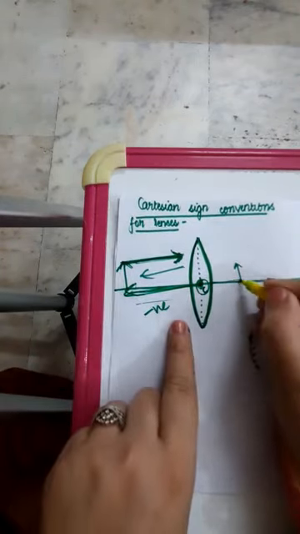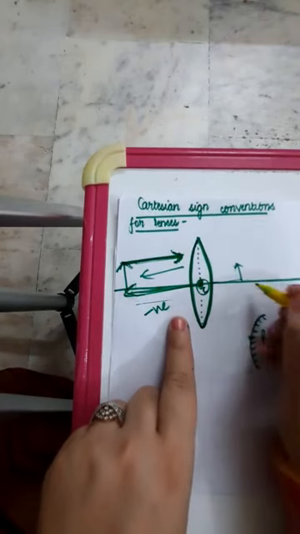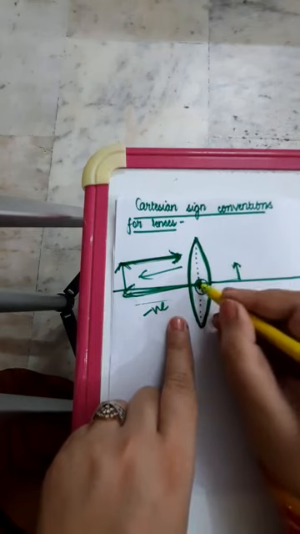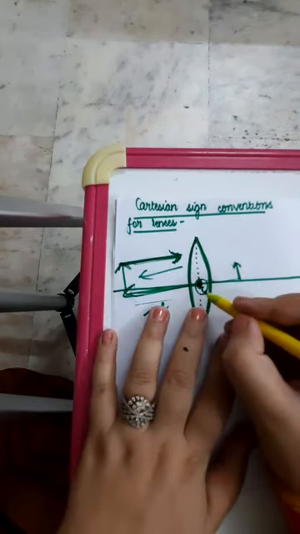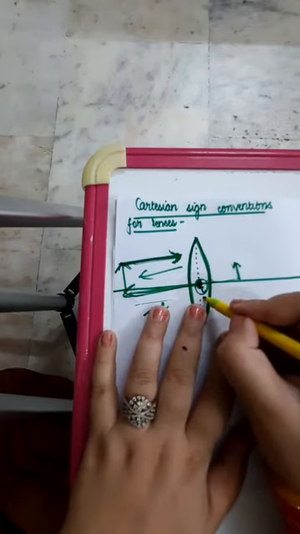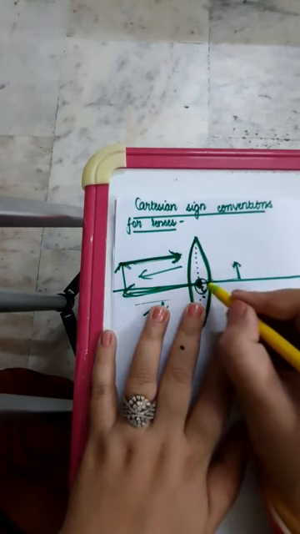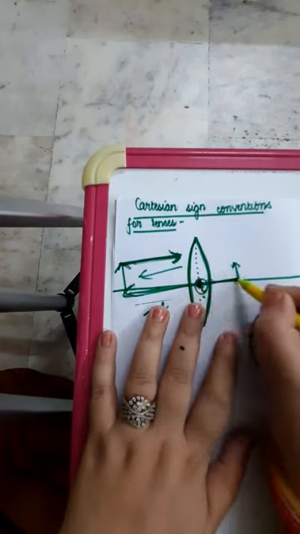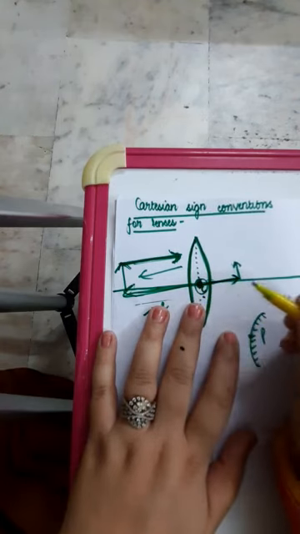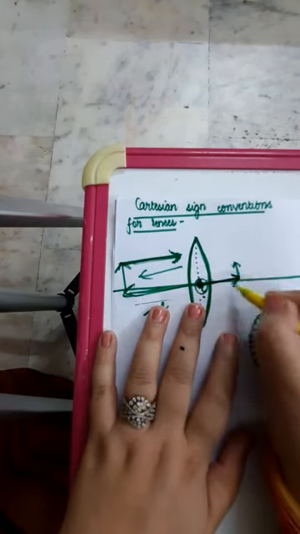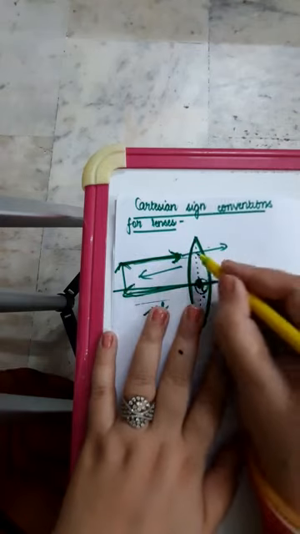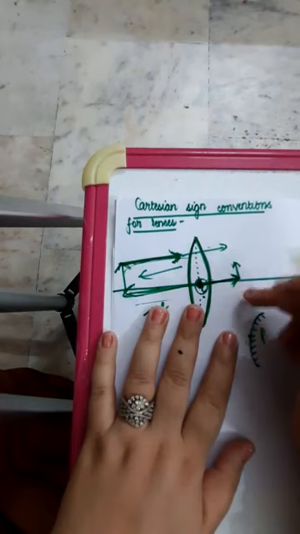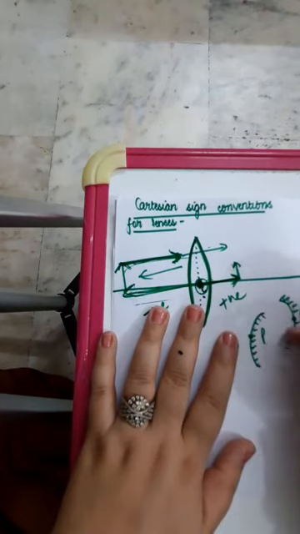And if image is formed over here, to measure the distance of image from the lens, you would have to start all over again from optical center. You are moving in this direction to measure the image distance. But don't you think that this is the direction of incident ray only? It is the same direction. So in this case, image distance will be a positive one.